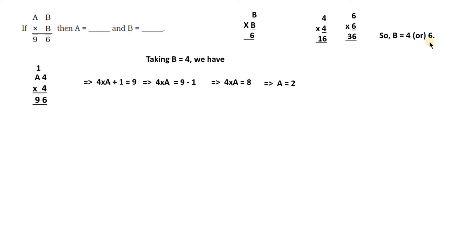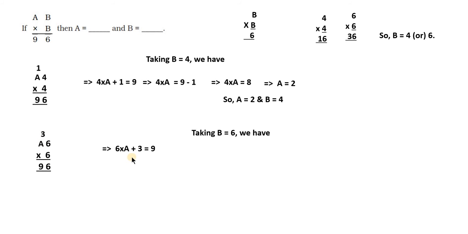Let us check what happens when we take B as 6, the other set of values. When we take B as 6, the same problem, A6 in place of AB, A will remain as A, B becomes 6, multiplied by B again becomes 6, 96. This is the thing. But 6 6 are 36, there will be a remainder 3 as you have seen here, that is there here. Okay. So 6 6 are 36. After that, 6 multiplied by A, and to the product the remainder 3 carried forward is added, it should be equal to 9. Therefore, 6 into A plus 3 equal to 9.